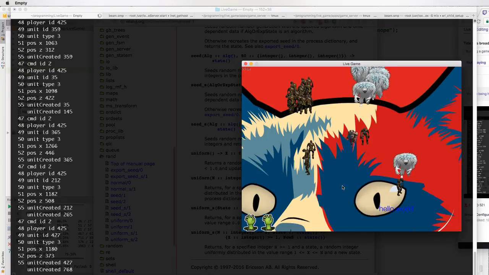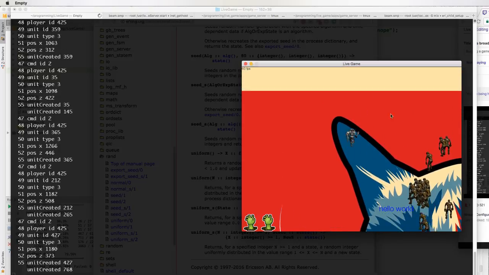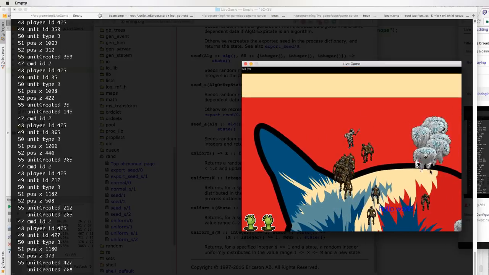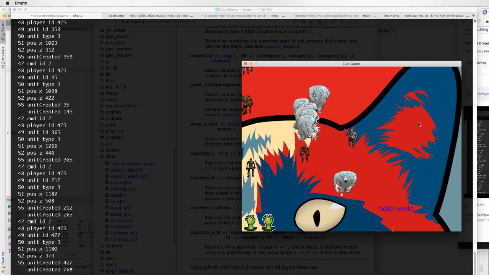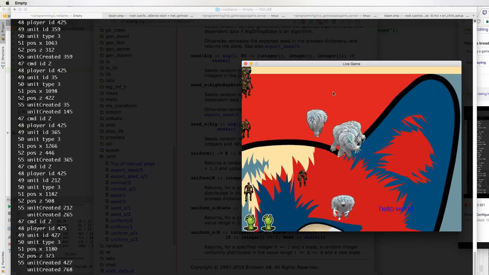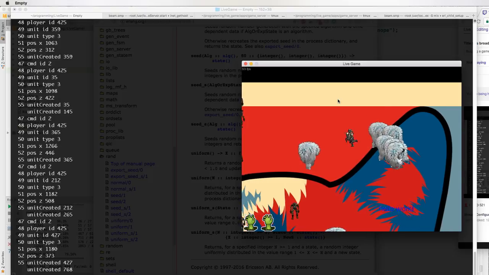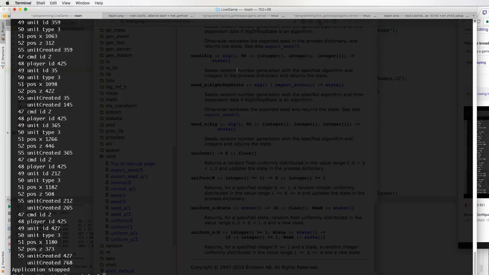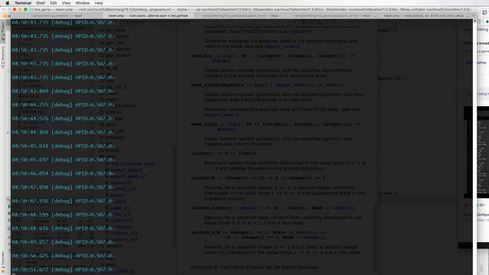And so we can actually grab the zombies and tell them to move over here, go zombies, and then we can grab these guys and tell them to move over here. And look at that. Pretty cool. Just what the doctor ordered. And the variance is still pretty off. Let's do one more. Just for the fun of it, let's set the variance to 120. It seems like a lot, but